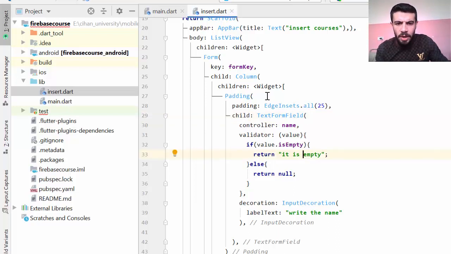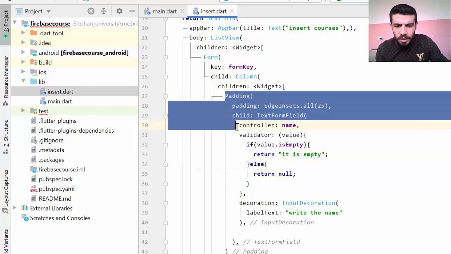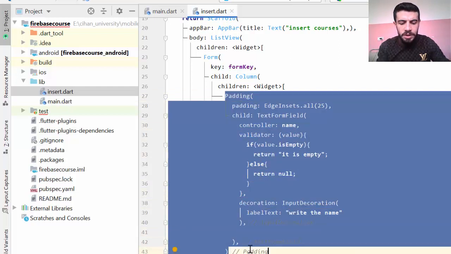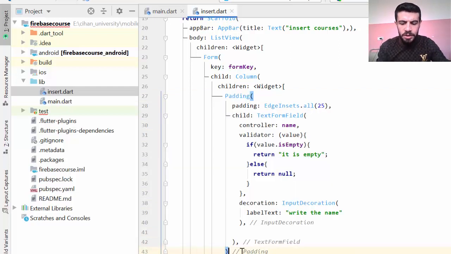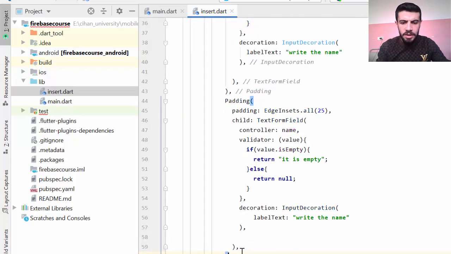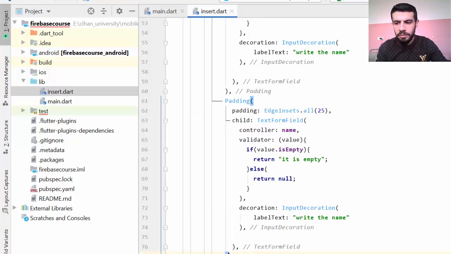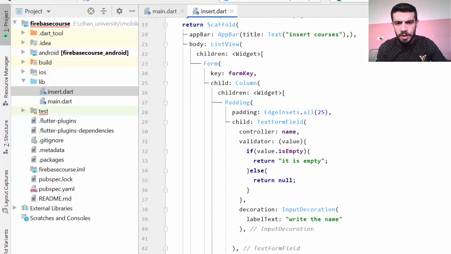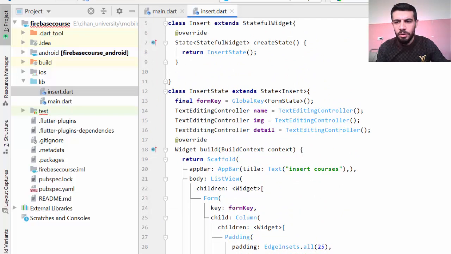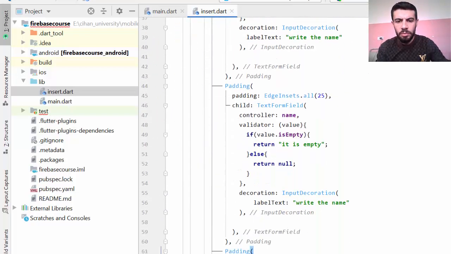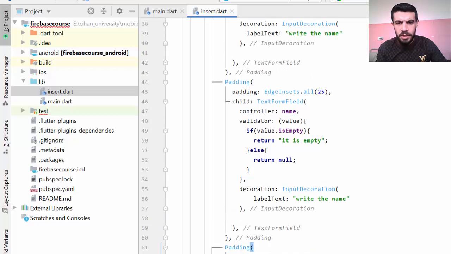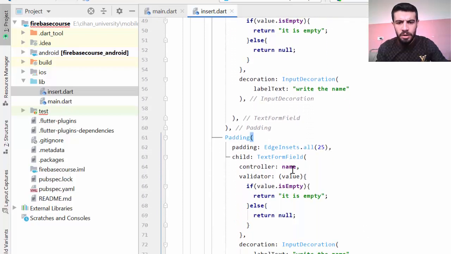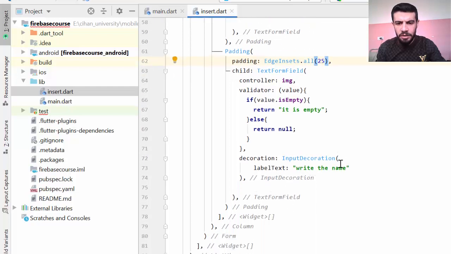Just copy paste. You have a padding, and from the padding until everything here, I just want to copy paste to create 3. Copy this, comma, and the second one, and the third one. Now here I just want to change. Here I create 3 controllers. So the second one will be img, and the third one will be detail. So the first one is name, the second one img, and here in the decoration, for example, I can add here, write the img, for example,